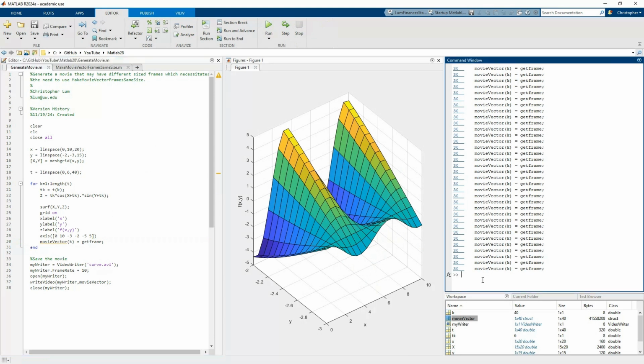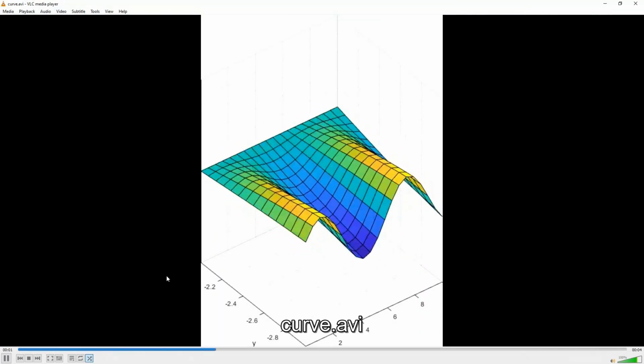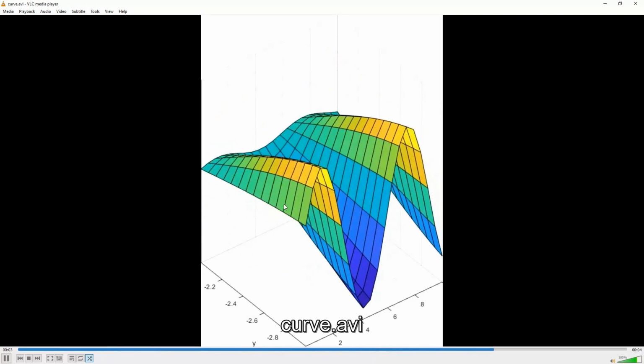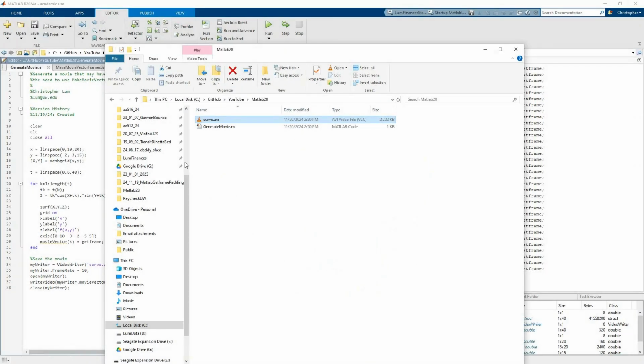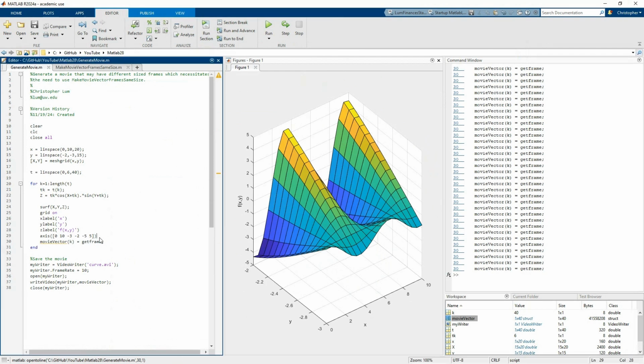So there we go, and you can see it completed. In fact, if I go to that section right here, here it is. Here's the file that was successfully created. And yeah, that looks pretty darn great, right? So there you go. That's one way that you can go about solving that problem with the cdata and